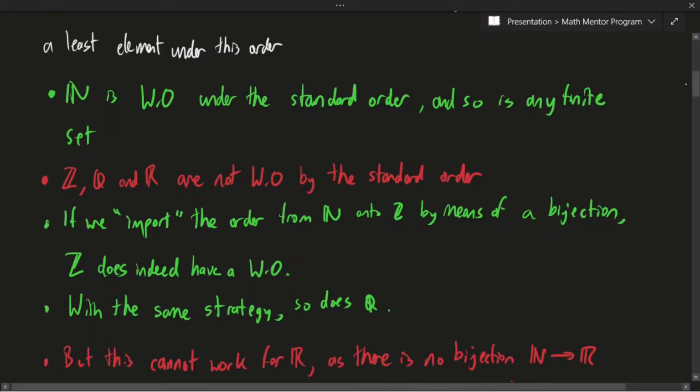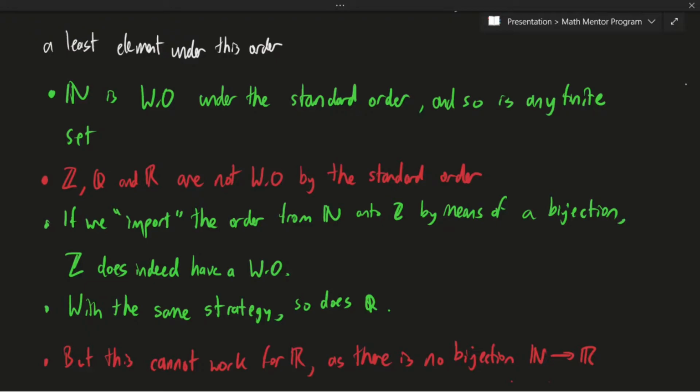The first one is the natural numbers. This one is very easily seen to be well-ordered. You just have to use the standard order. The main reason why this works is because every point is sort of spaced apart and the smallest number in the natural numbers is given as 0. But Z, Q, and R under this same standard order are not well ordered. For example, if you think about Z, the whole of the negative integers is not bounded below, so it has no least element.